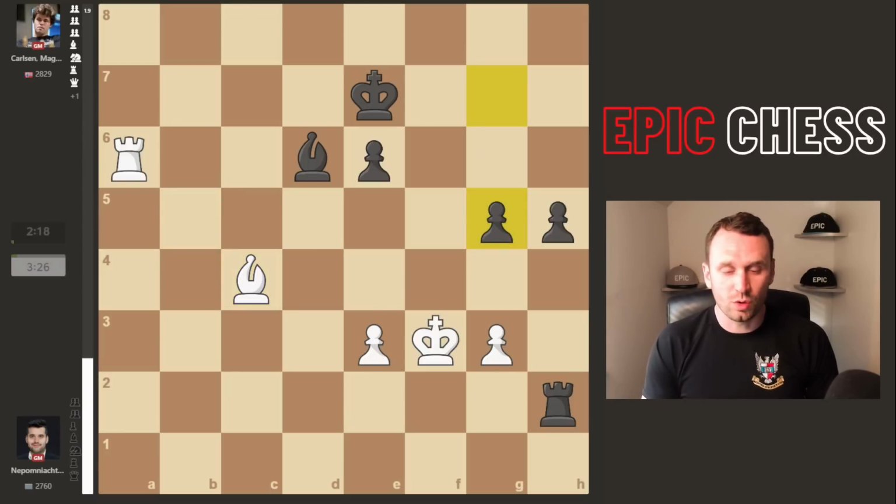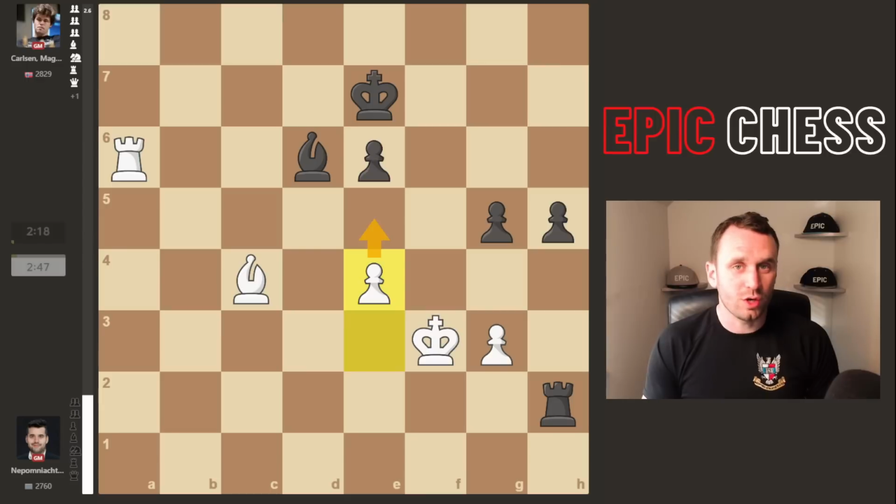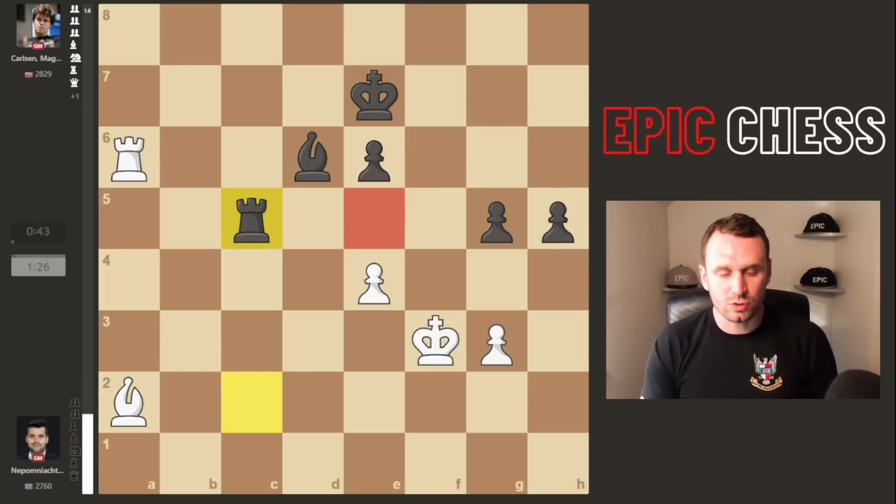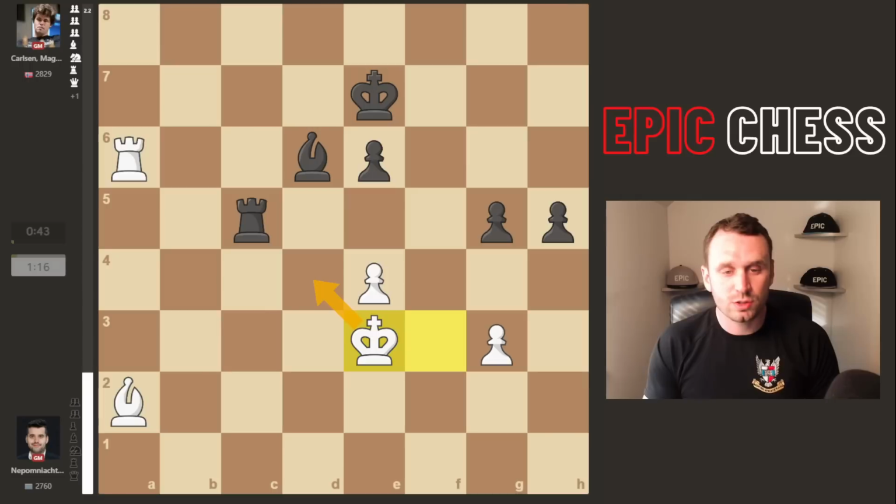g5 comes on the board and e4 also doesn't help the white cause. Now there is a logical idea, which is push e5, distract this bishop, and then crash through on e6. So Magnus responds to this now with rook c2, that bishop drops back, and then he goes rook c5, covering the e5 square from that push, preparing to run this h-pawn. So king e3 now played, looking to enter to d4, support e5 or something of that effect, also pressure this